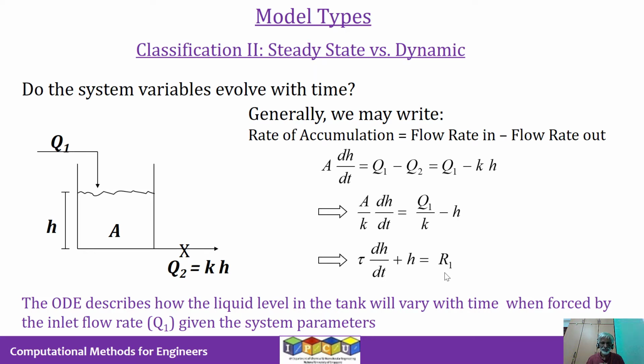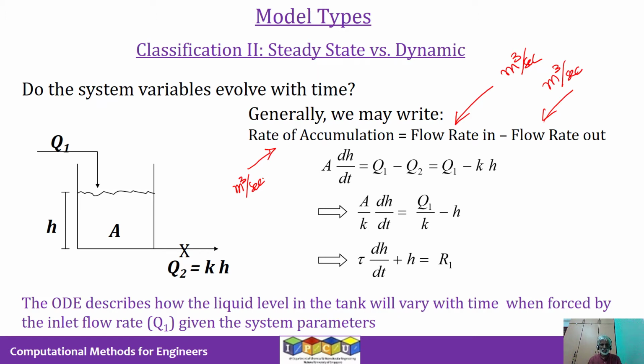As simple as that. So we will just illustrate it with a quick example. In general, for systems, and I'll talk about it later in future videos, we can write the rate of accumulation, let's say of water in this tank, equals the flow rate in minus the flow rate out. So let's say the flow rate in is in meter cube per second, and the flow rate out is a certain meter cube per second. So the rate of accumulation of water within the tank, dimensionally, should also be meter cube per second. Otherwise it would not make sense.